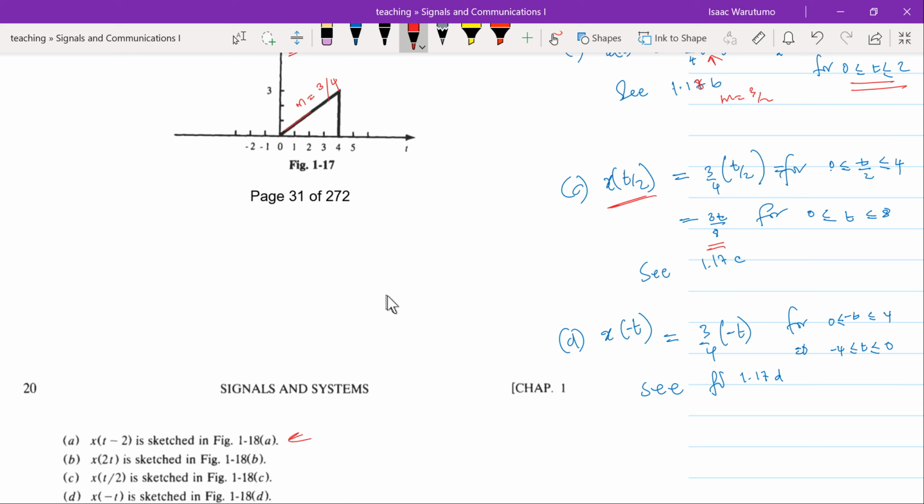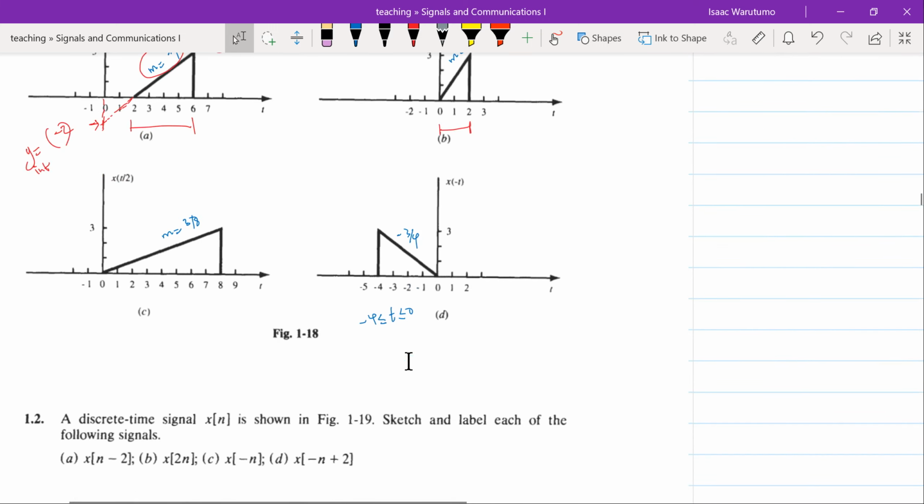That is a smaller gradient than we had before, and we also replace our new function of t here with t over 2, and when you multiply both sides by 2, you get the new range to be 0 to 8. Therefore, as you can see in figure 1.8c, the gradient has become less steep, and again our range has become bigger, from 0 to 8. And lastly,